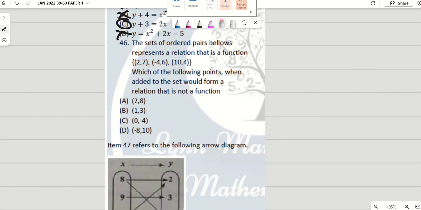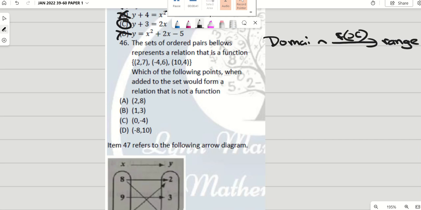So we're going to redo number 46. They said the set of ordered pairs below represents a relation that is a function, right? So in a relation and function, you have your domain and you have your range, right? Your range is the result of putting your x value in your function, f of x. f of x is a function, right? So basically they're saying that to get your range,